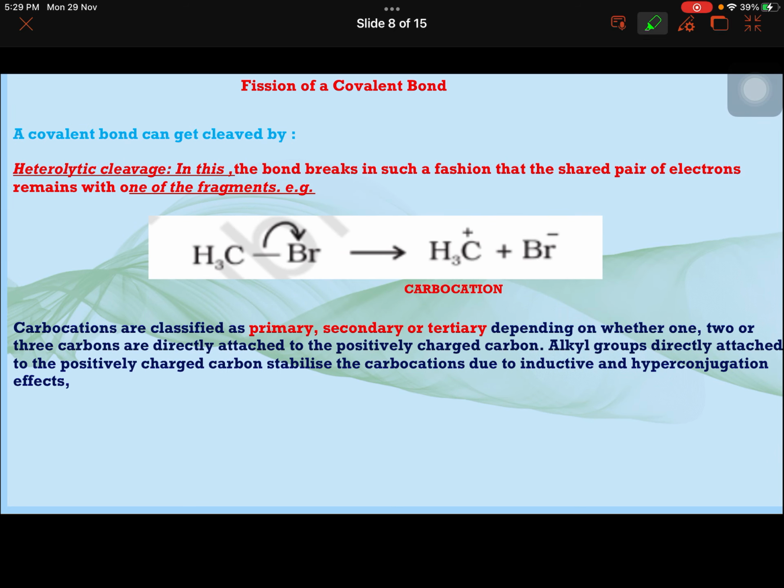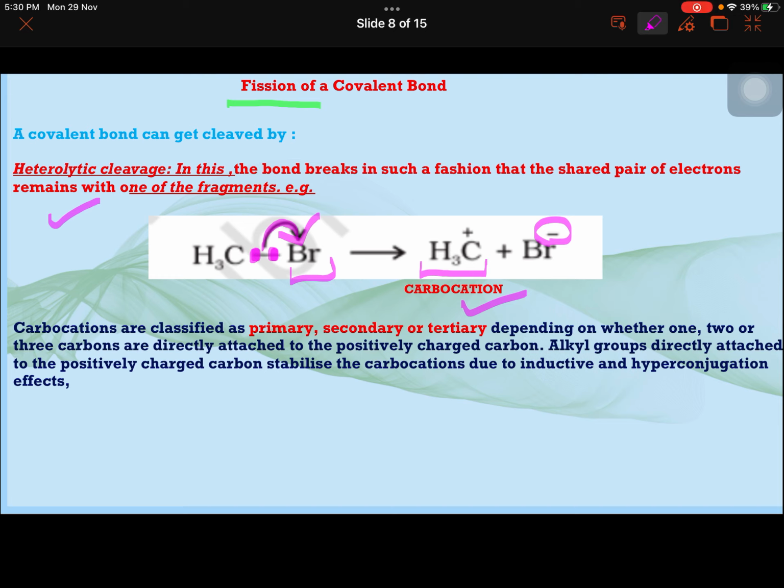And this breaking of bond is also called fission of a bond. Breaking is fission. So there are two ways of doing it, depending upon the conditions. Heterolytic cleavage, heterolytic fission of the bond. Hetero means different. So if there is an electron pair here, carbon and bromine, they shared the electron, one electron each. So when the electron pair is to be shifted, why? Because this is more electronegative. I will show the arrow like this. Br is taking electrons, converting to bromide ion, and this is converting to something called a carbocation.